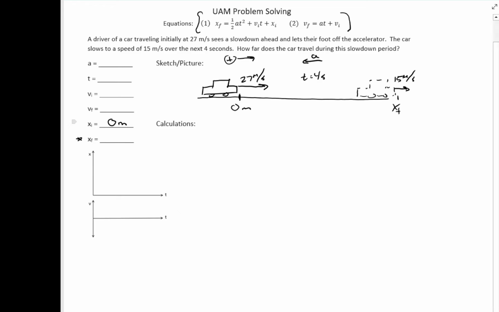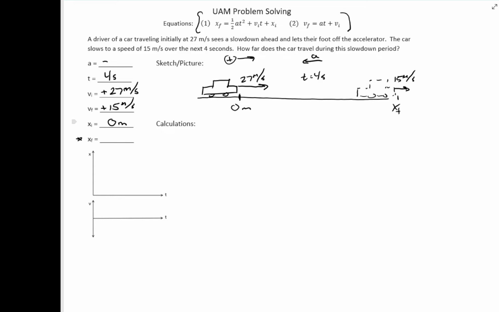They don't tell us the acceleration. I do expect a negative answer, though, for my acceleration. So it might be helpful to put a negative there, but we don't know that value. They tell us the time it takes is 4 seconds. Our initial velocity is to the right. I'm going to put a positive there of 27 meters per second, even though if I just write 27, it's assumed positive. Get in the habit of writing the sign with any velocities. Later, the car is still moving to the right, but we have 15 meters per second of velocity. So that's my table filled, and I'm missing 2 pieces of that table,